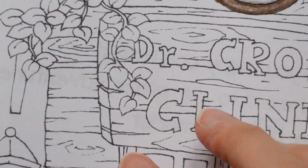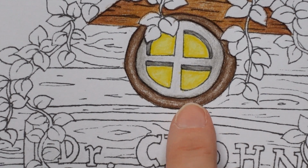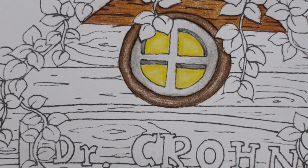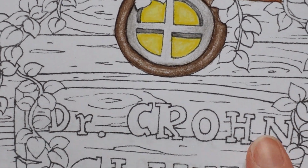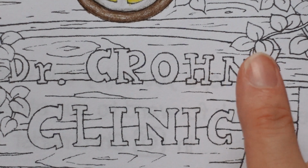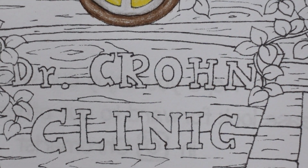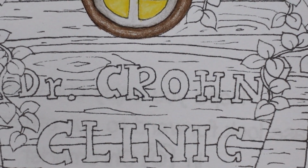I haven't thought about this piece on the roof. I might do it in this darker wood brown. I had considered doing it in the silver, but I think it would tie it in nicer if it's brown. So the name will be a warm colour, so maybe red or orange, something like that probably. I might do it in black, but I'm going to do all the wood, all the windows, all the leaves,